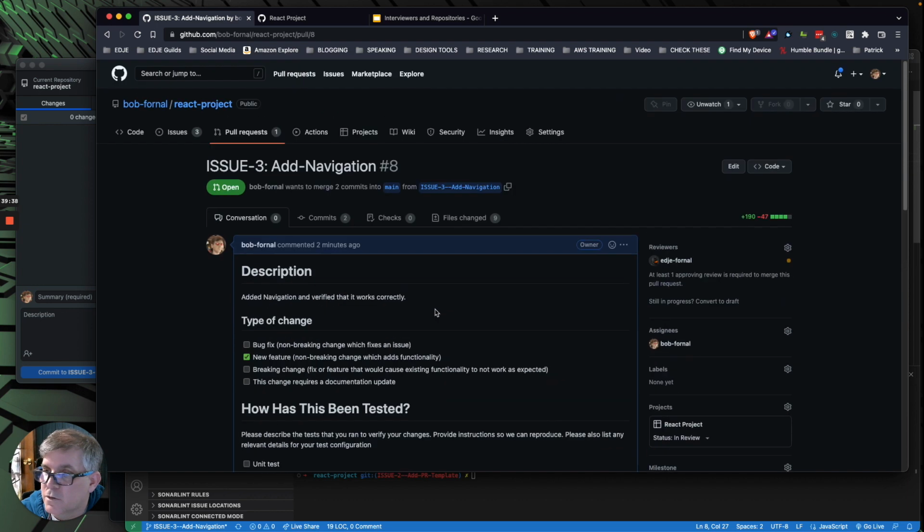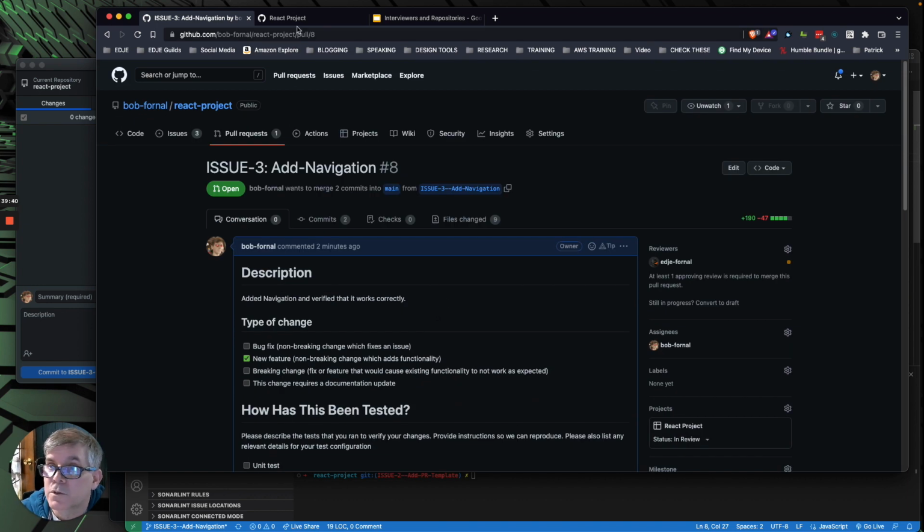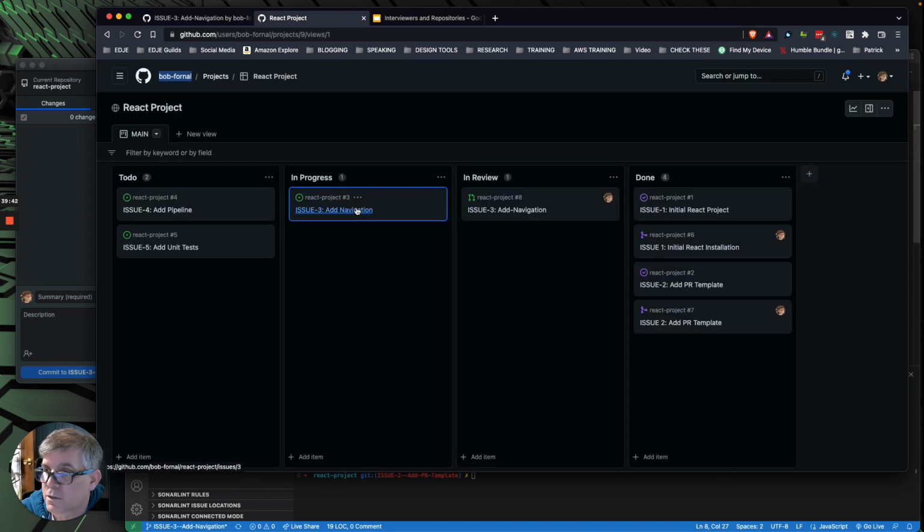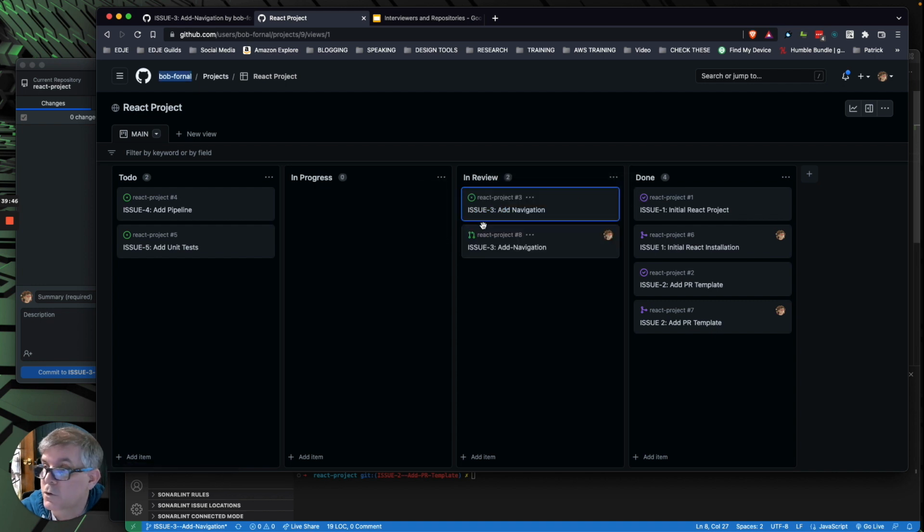Cool, we got it tied to the card. Alright, so it's ready for review in my project. There it is, showed up in the project. I'm going to put those at the same level. Notice I can see my work moving across the board. It's a really cool thing when it moves, especially when it moves into done. It's a great feeling when it moves over there. Okay. So now we're ready for review.